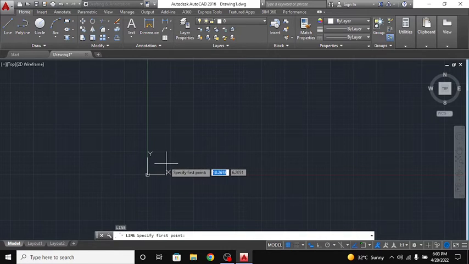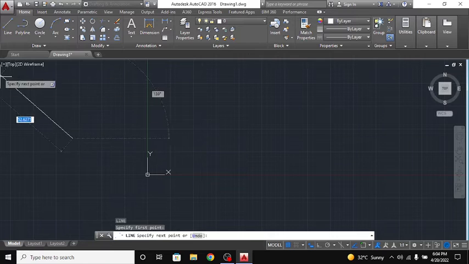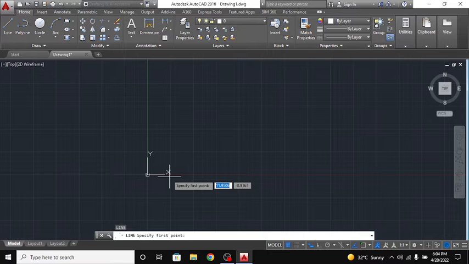Then as you can see, it will ask us to specify a point to start our line. So we can do this by clicking our cursor over any point we want. Like, see, I clicked over here and it made the first point from where our line has to start. And another option is that, again, line, you can do it in the coordinate